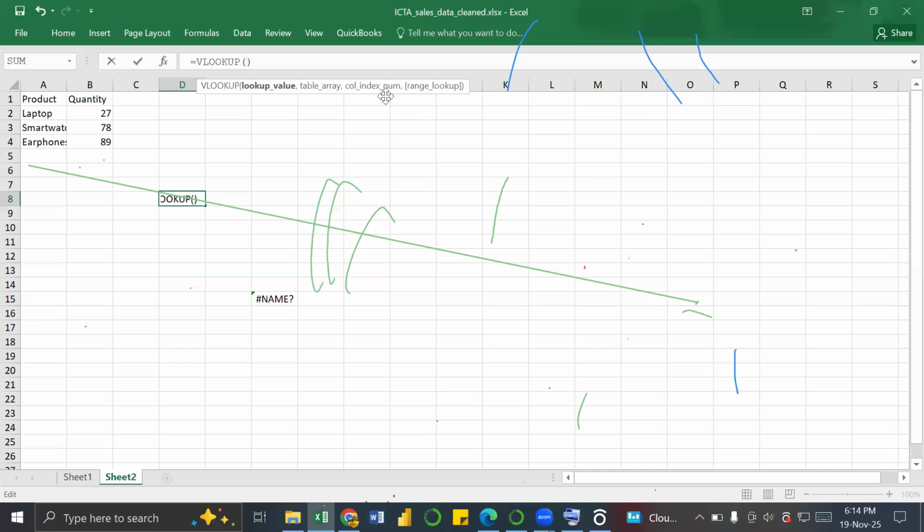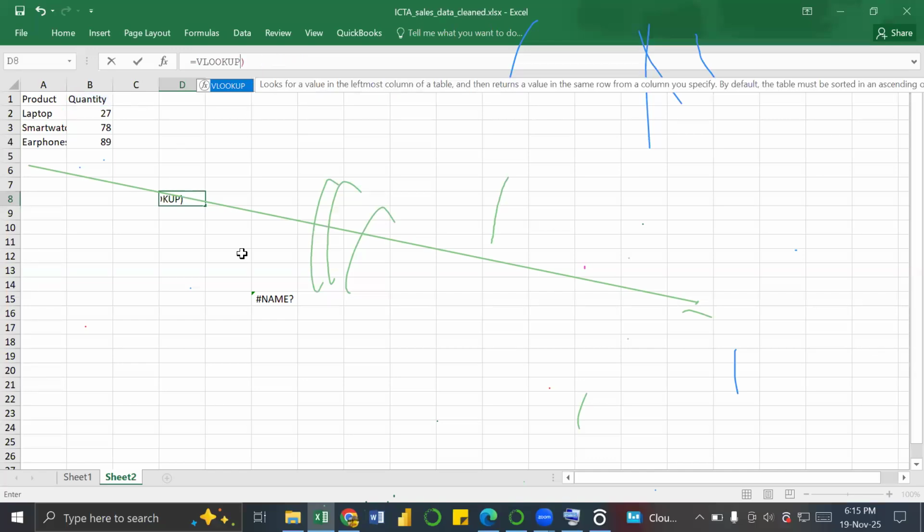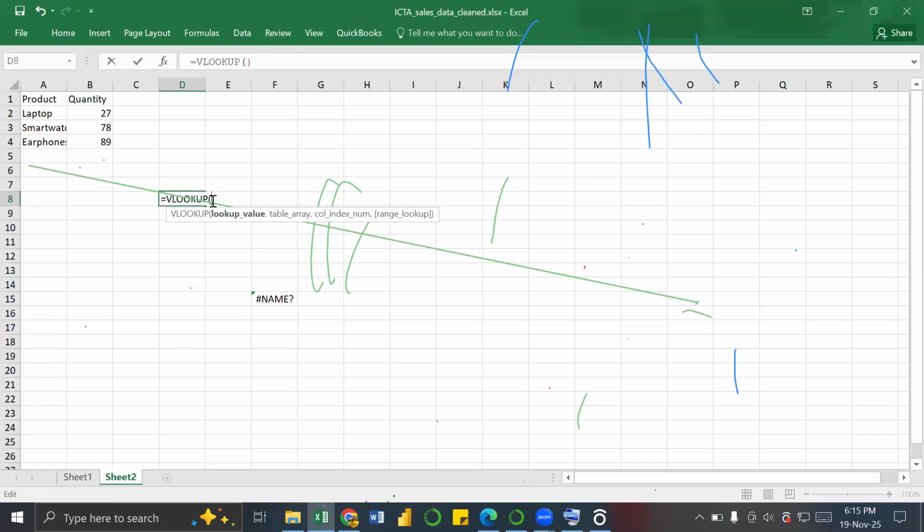Now the column index number, that is to mean if we want to get the quantity, then we are supposed to give the column index number from the left. So we were supposed to put a 2. I know this is a little bit confusing, but we're going to make sure that we've understood. So first of all,